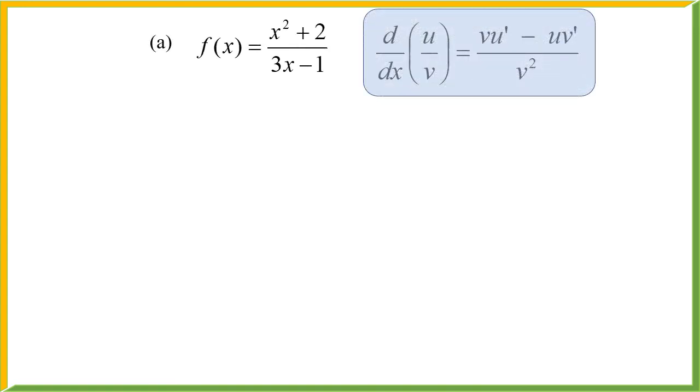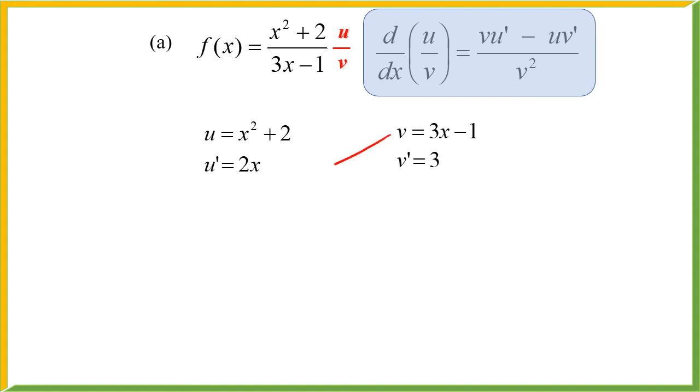So what we have for u will be the numerator, so this is our u, and v will be the denominator. So what is u? u equal to x squared plus 2 and v equal to 3x minus 1. So find the derivative for each of the u and v. So u prime equal to 2x, v prime equal to 3. And then substitute into the formula,